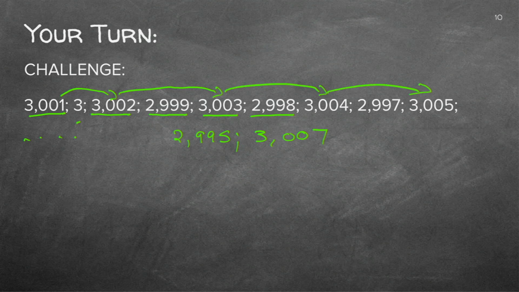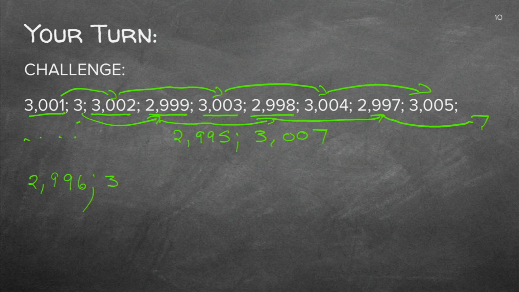And the alternate one is decreasing by 0, 0, 1. So it's increasing by 0, 0, 1, and the alternate one is decreasing by 0, 0, 1. So if that is then 3,005, this is our chance for the other to decrease. So it will be 2,996. Then we've got to increase by 0, 0, 0, 1, so it's 3,006.